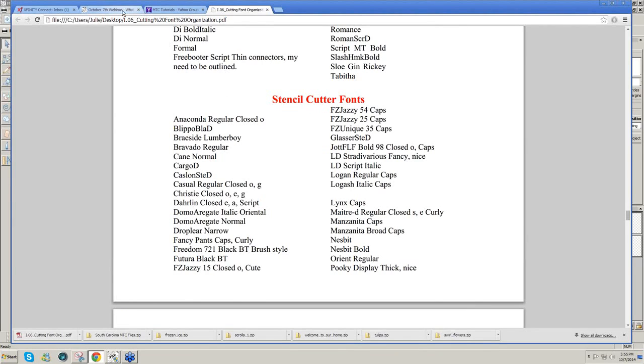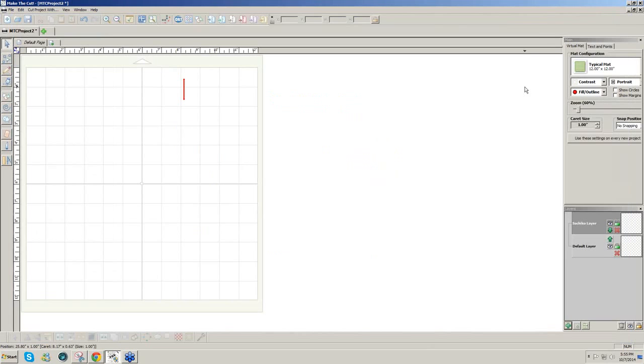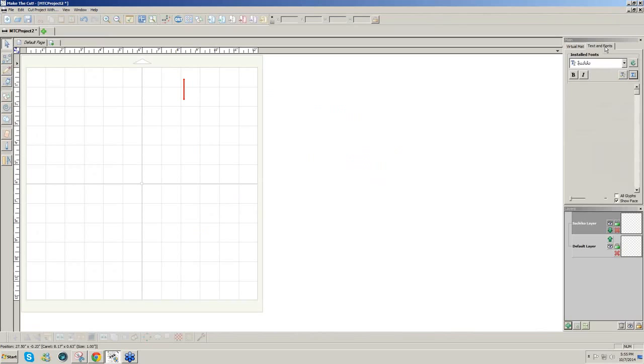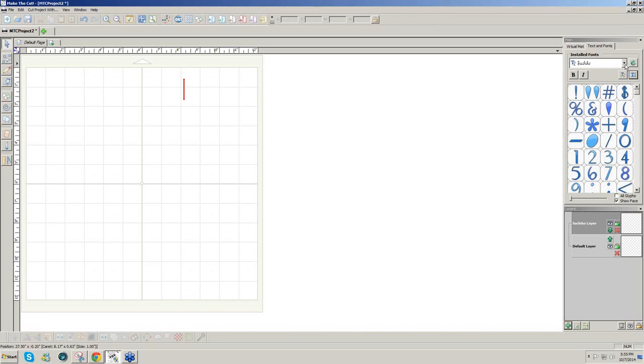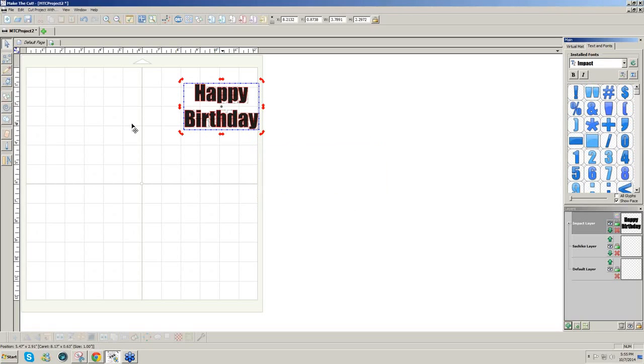Now let's suppose that you have a title that you want to do. It was mentioned that they were looking for something to do etching in glass. So I could select a font. To select a font, you go to Text and Fonts and just find the font that you want to use. Let's say I'll just select Impact, and again I'll just use the Happy Birthday, and let's say I wanted to